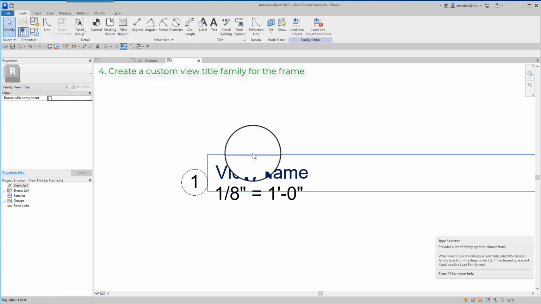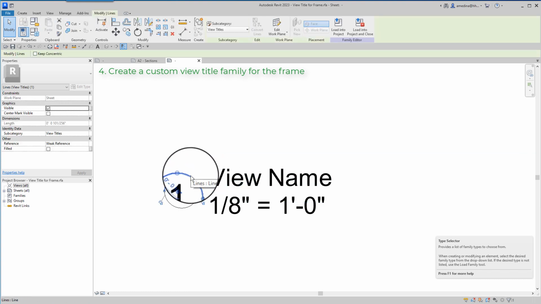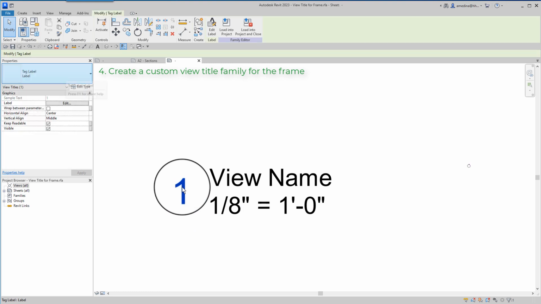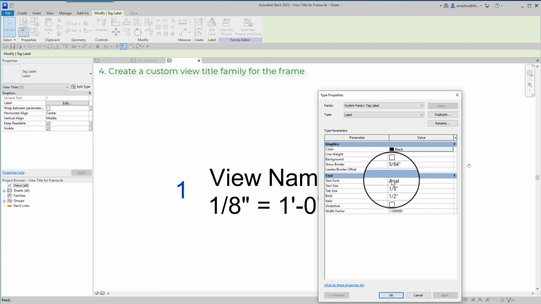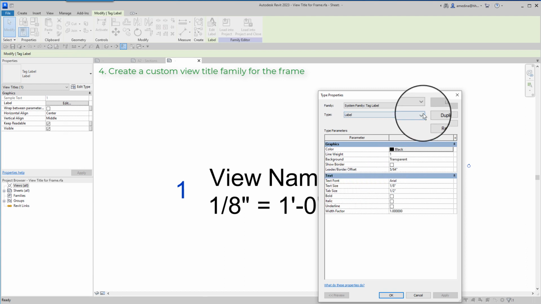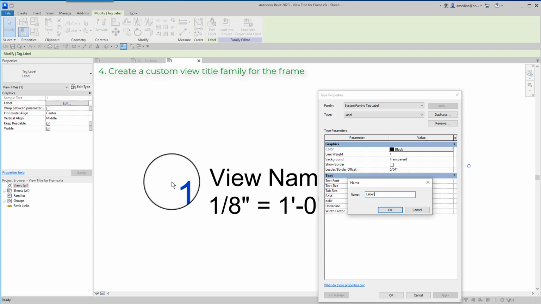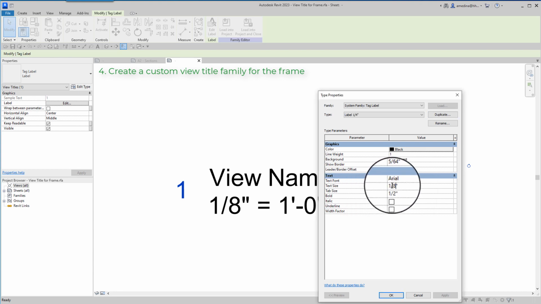The changes I'd like to do are this. I don't want this circle because the frame for a view contains a circle. I want this detail number to be bigger. This one is 1/8 of an inch, so I want to duplicate this to be 1/4. So this one is going to be 1/4.